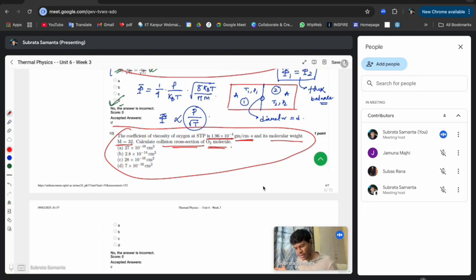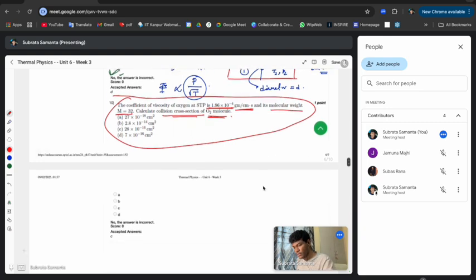So in the previous class, I discussed what the collision cross sections are in detail. So please have a look. Today I will solve using this formula, just because this is quite big. So first we have to calculate the average